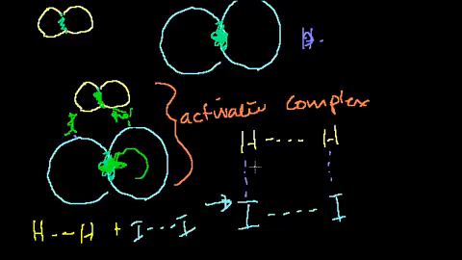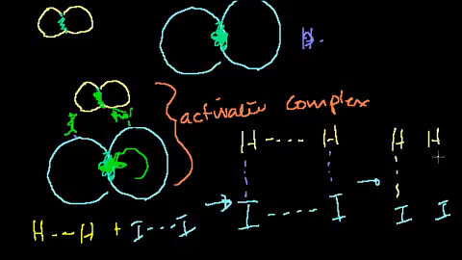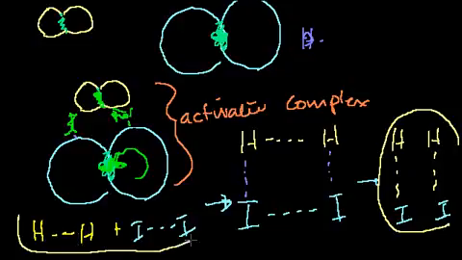But if they can get to that higher energy state, if there's enough energy for the collision and they have enough kinetic energy when they hit in the right orientation, then from this activated complex, or this higher energy state, it will then go to the lowest energy state. And the lowest energy state is the hydrogen iodide. I want to draw the iodide, and then the hydrogen, and then the hydrogen. This is actually a lower energy state than this. But in order to get here, you have to go through a higher energy state,